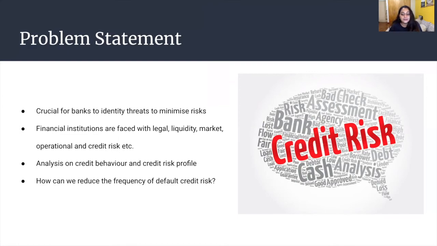So according to the Monetary Authority of Singapore, credit risk can be defined as the risk arising from the uncertainty of an obligor's ability to perform its contractual obligations, whereby the obligor is someone who is under a contract and has certain requirements to fulfill. So due to the nature of financial institutions, it is not really possible for a bank to have zero credit risk, but rather it is more valuable to them to know how to appropriately manage the risks.